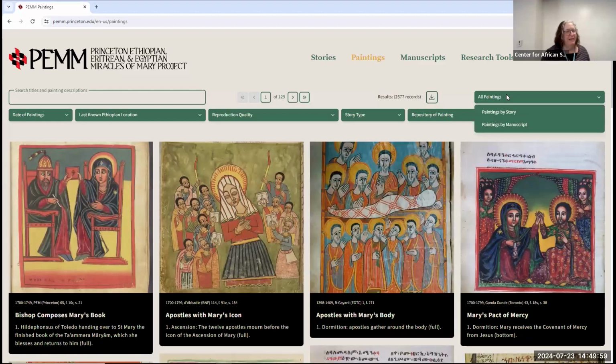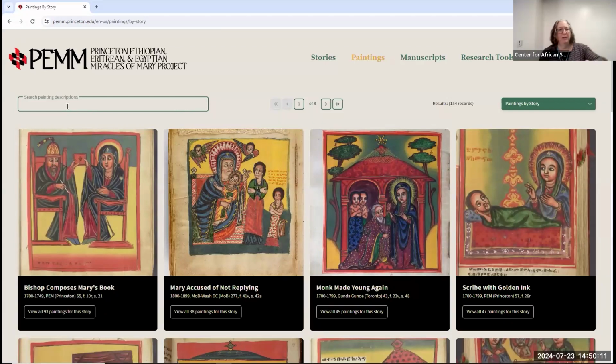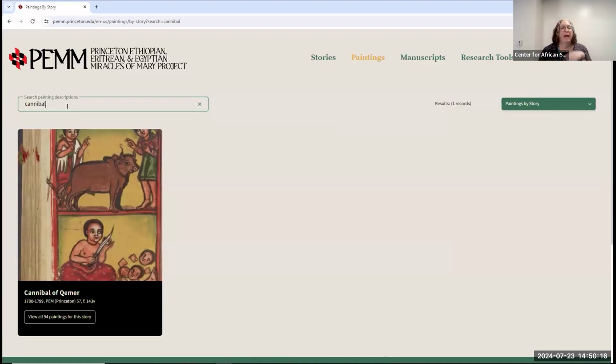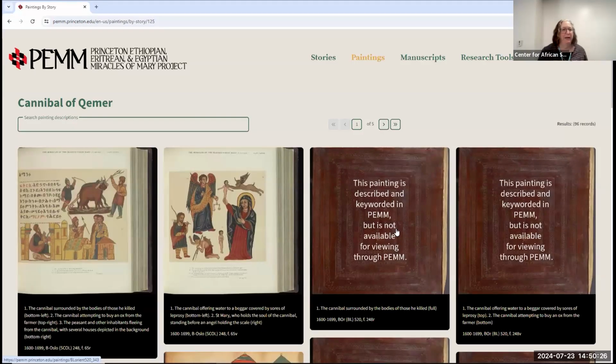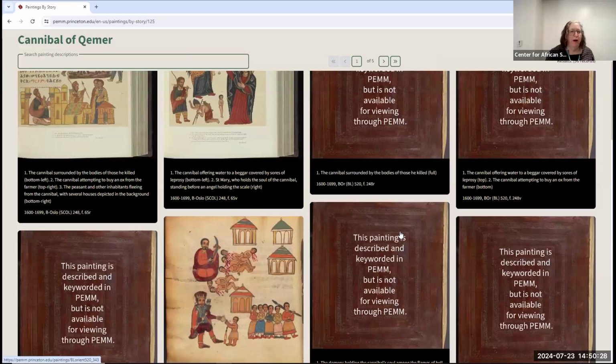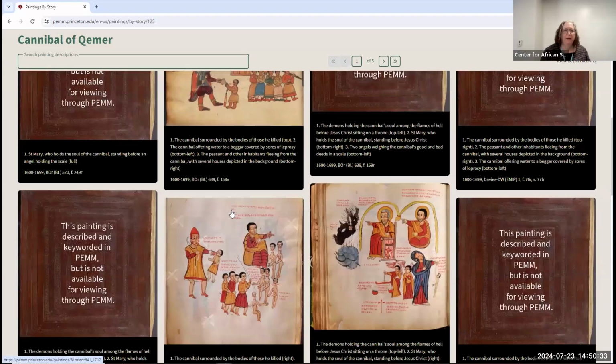The other thing here is that this page had to be a bit more complicated. So these are all the paintings, but you can also do paintings by story. So if you're doing the paintings by story, you could say, okay, what about that cannibal story you were telling us about, Belcher? And then you could do cannibal or whatever. And then this will say, okay, all the paintings that are of this particular story. And here are the 94 paintings of this particular story. We do, and I'll show you one more thing here, but so there's that.